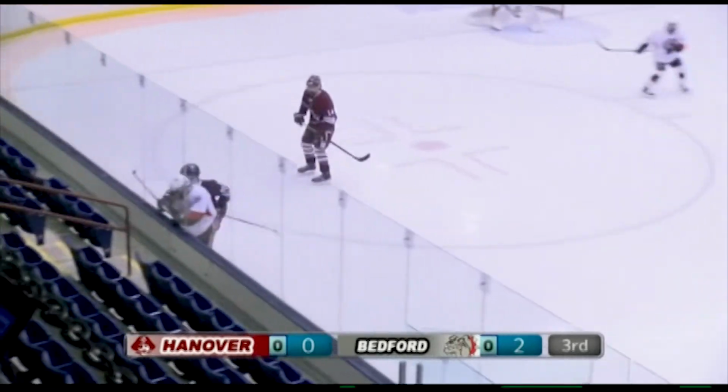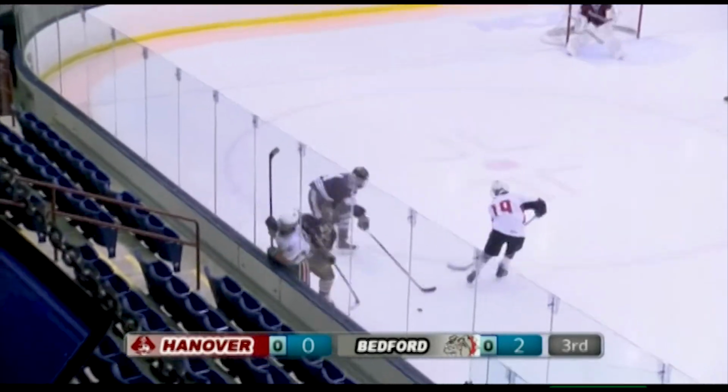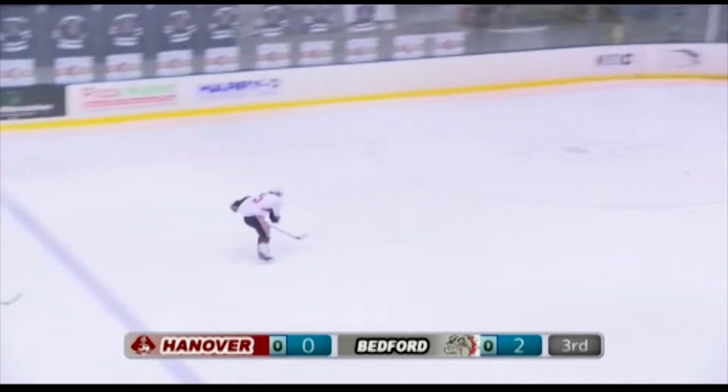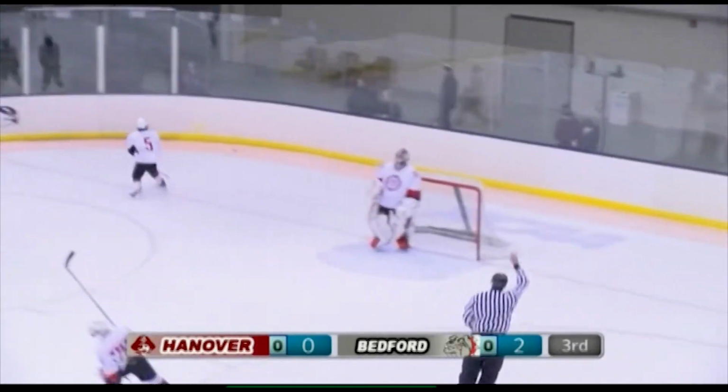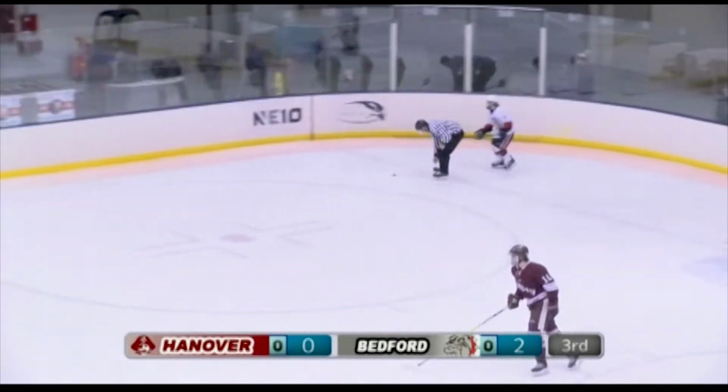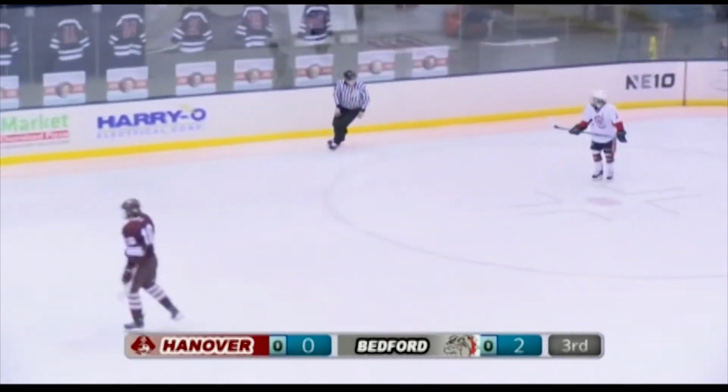Held in there momentarily. Lobdell still with it along the board. Owen Roberto had it momentarily. He loses it. It gets fired back down. Is this an icing? Yes, it is. Yeah, Brian Greer got taken out of the play there on a cross-check by the Hanover player. Got away with one. There should have been a penalty on Hanover, but...